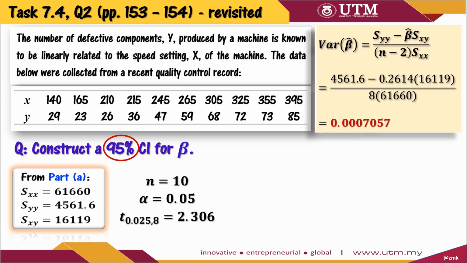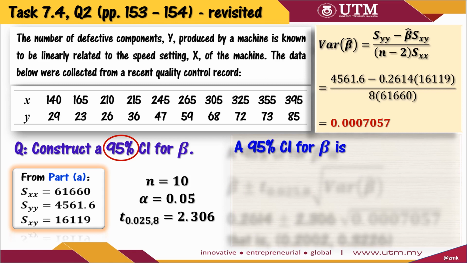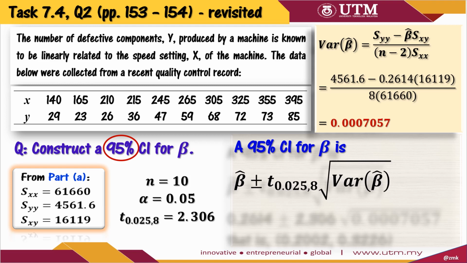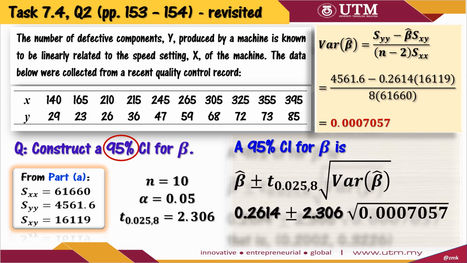0.025, which is alpha over 2, and the degrees of freedom equal to 8, which is n minus 2, giving you the t-score value equal to 2.306 from the statistical table booklet, page 35. Hence, the 95% confidence interval for beta is beta hat plus minus the t-score times the standard deviation of beta hat. Replacing all notations with corresponding values, the 95% confidence interval for beta is then given by